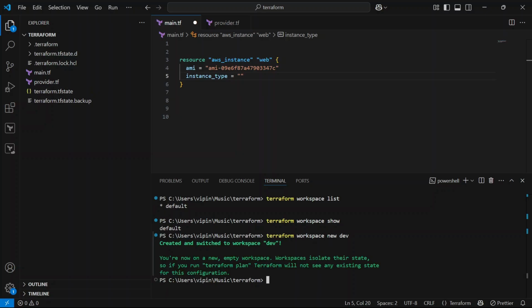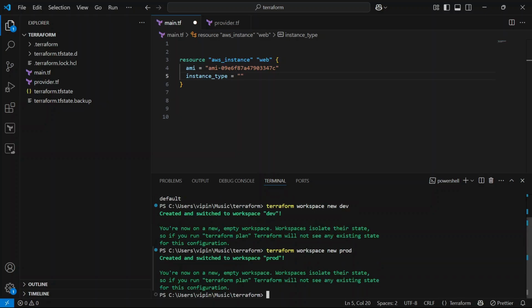Whenever you create any workspace, by default you get switched to that workspace. We created and switched to the workspace dev, right? So from here, let's create the prod workspace as well. As we can see, we have already created two workspaces, prod and dev, right?